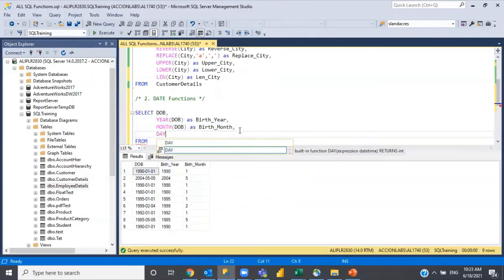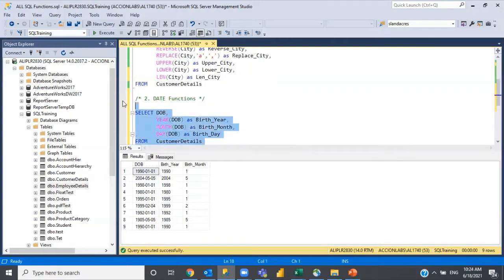If you want to extract the day, you need to use the day function, birth underscore day. You see that it has extracted all the days here. So from a date column, I can extract the year, month and day like this using the inbuilt date functions available here.